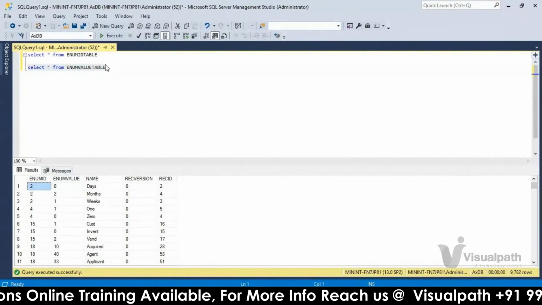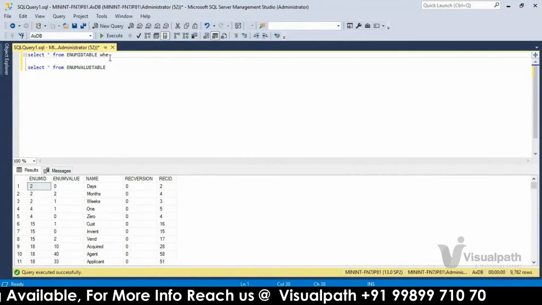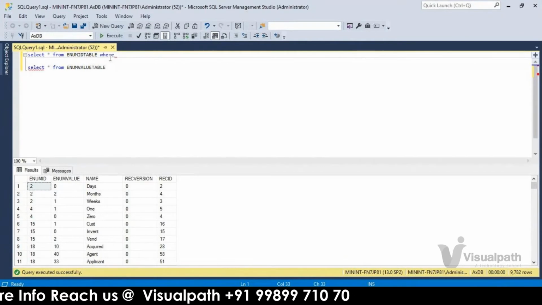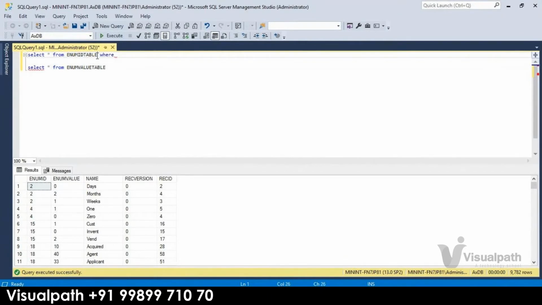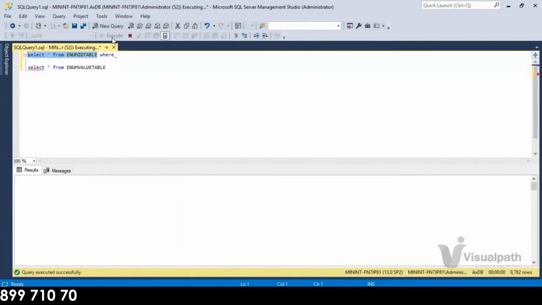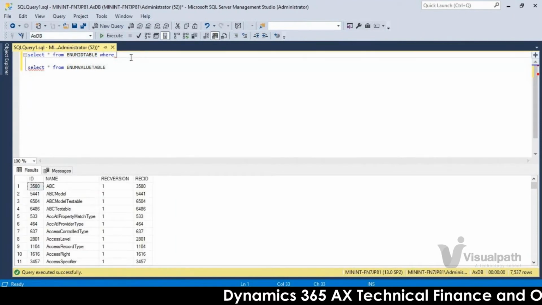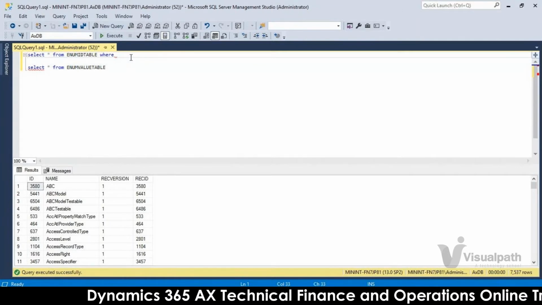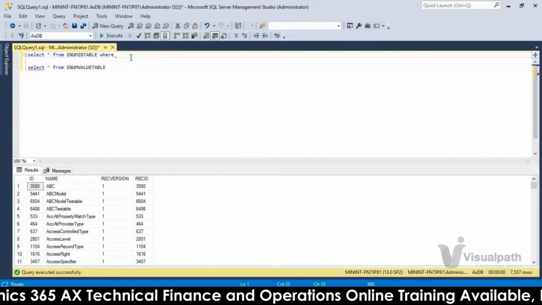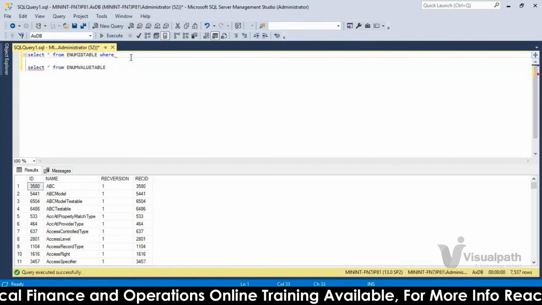For example, in Development we can access SQL, right? Production we cannot access. If you want to do some data level modifications, you can test your query in the lower environment and raise a request to Microsoft.